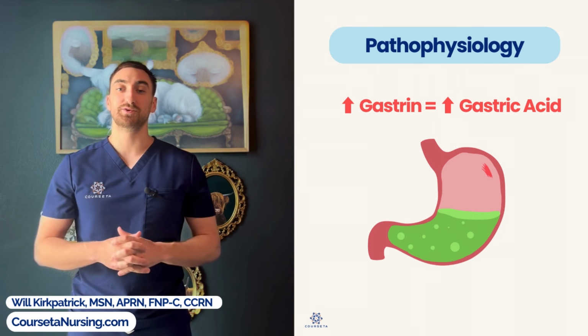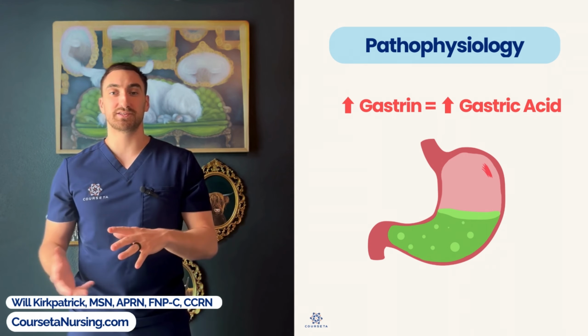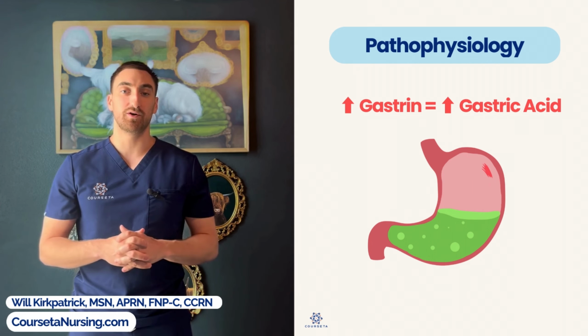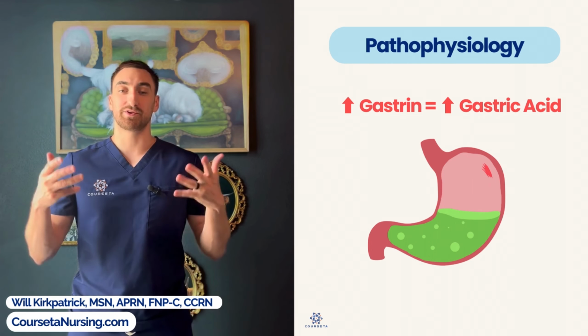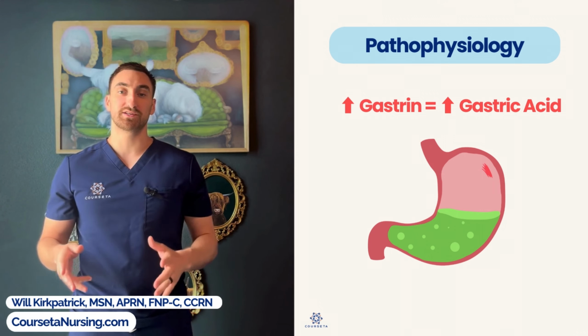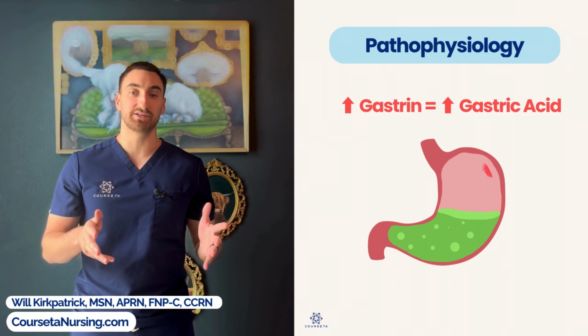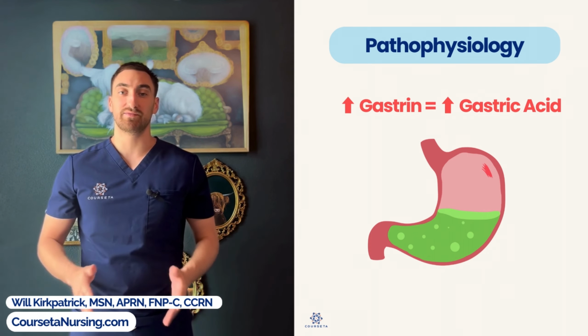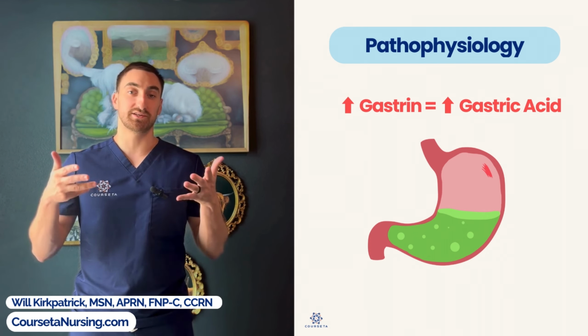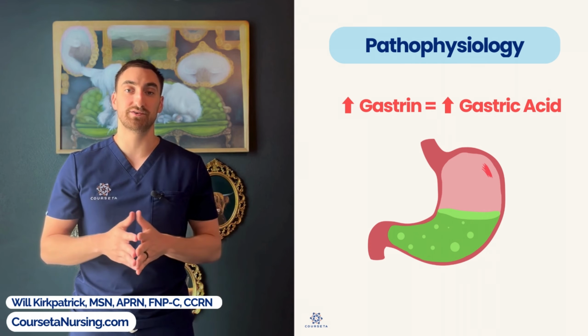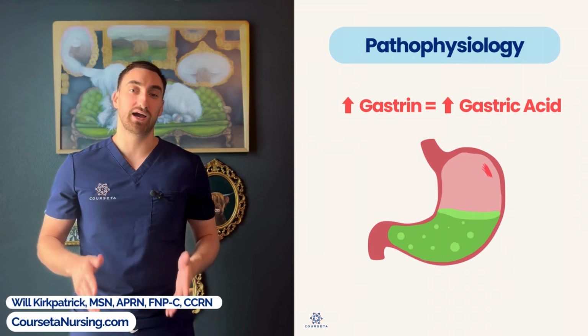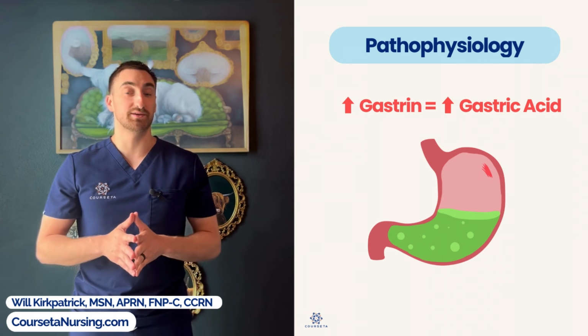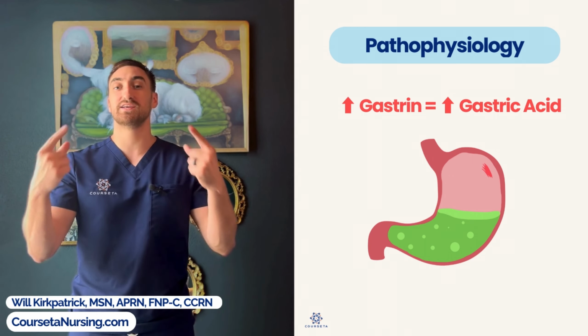So this is where the issue begins. H. pylori enters the stomach, irritates that mucosal wall, and then increases the production of gastrin, which of course is to combat that mucosal irritation by improving the mucosal growth. But the negative side of that is that we have increased hydrochloric acid, which is acidic, which could cause more damage to that mucosal lining. And then we also have increased gastric motility, which makes it more likely that that acidic content gets into the